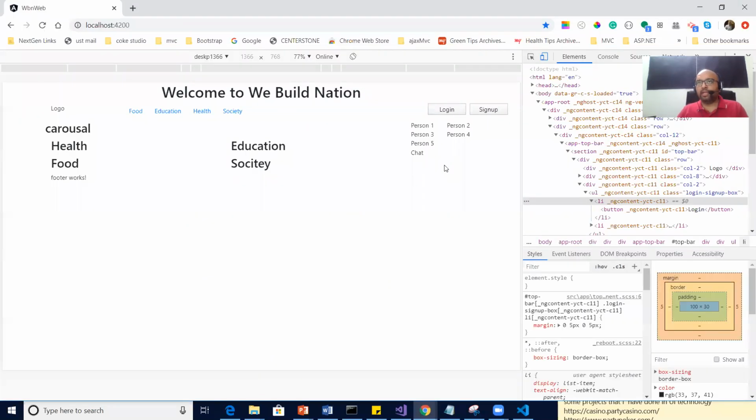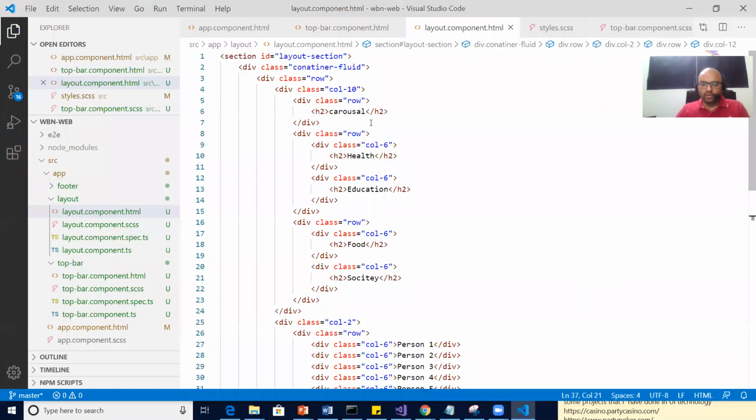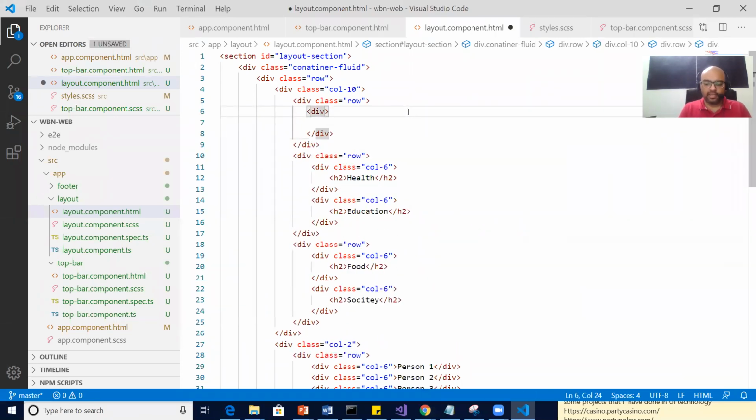Obviously. Correct. Now in the next 5 minutes, let's give it a structure and then we close the session. Quickly. So I'll start from the layout only because that is the main thing. So this is the carousel section, right? First of all, remove this and say div. And the div, I say class col-12 because this is going to consume the entire column. So here I wanted to give carousel.